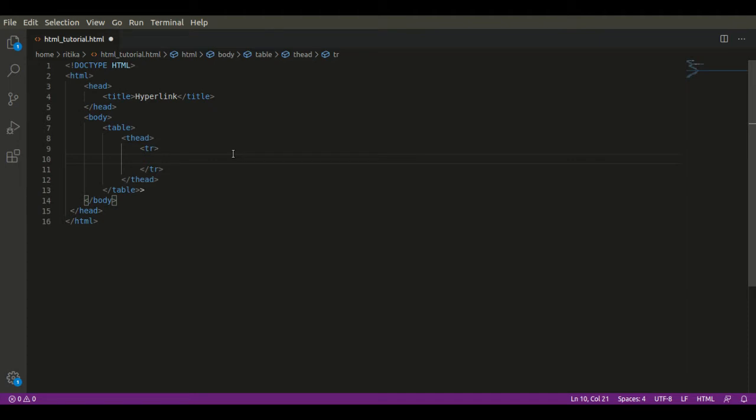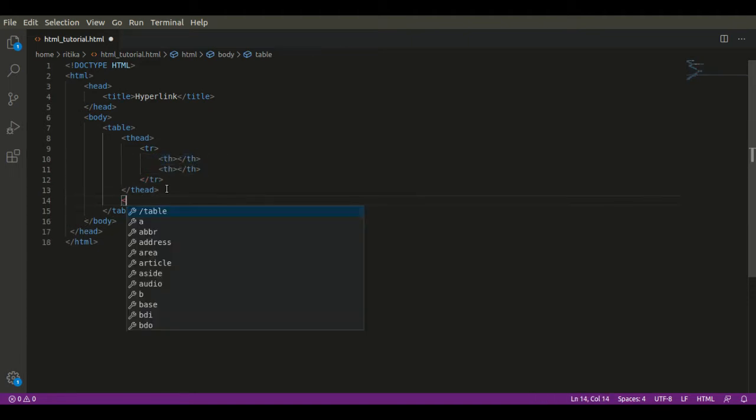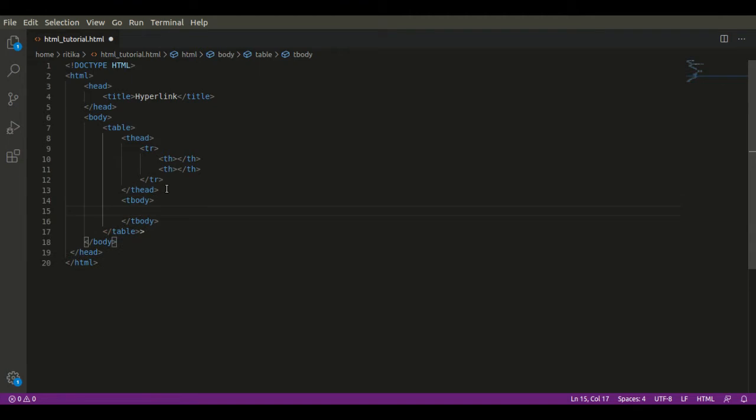Then within TR we need to write TH. Within T body, we need to write TR again, but this time we are not writing TH, we are writing TD, which means table data.